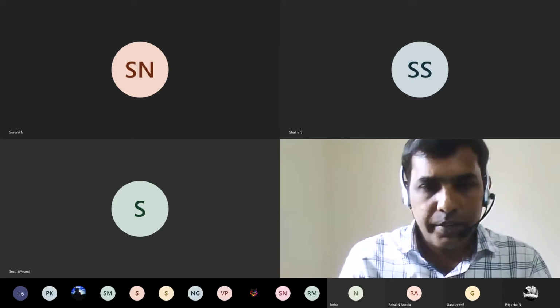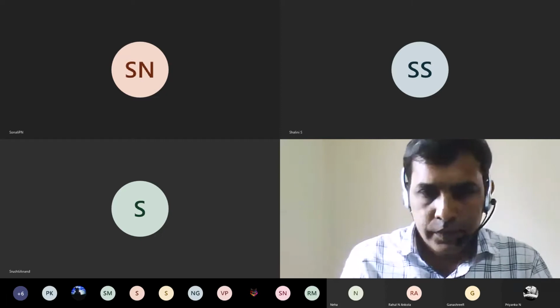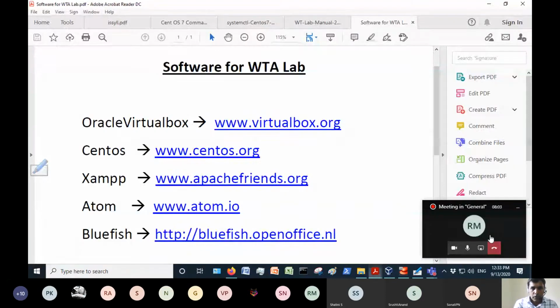So right now I will be sharing my screen. The first thing is you want CentOS. You can install it as a dual boot system along with your Windows on your laptop or desktop.